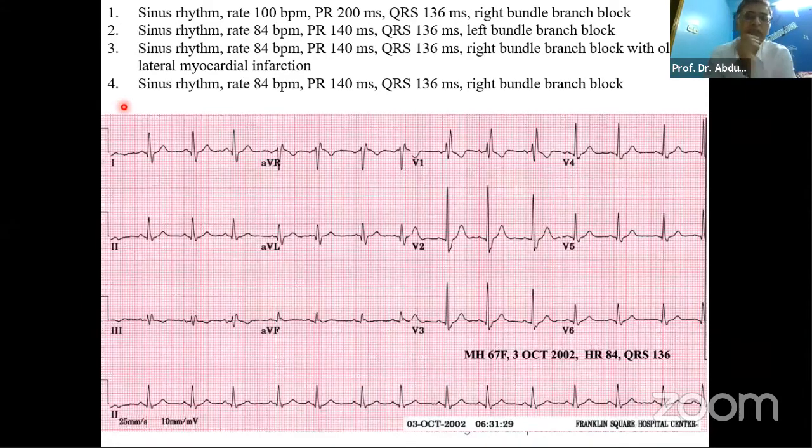And also the QRS width. In case of right bundle, if the QRS is less than 120 millisecond but more than 110 millisecond, that's incomplete RBBB. Incomplete RBBB does not have any prognostic ill effect. But complete right bundle branch block does have some prognostic value, and the patient needs more evaluation. Sir, your comment, please.